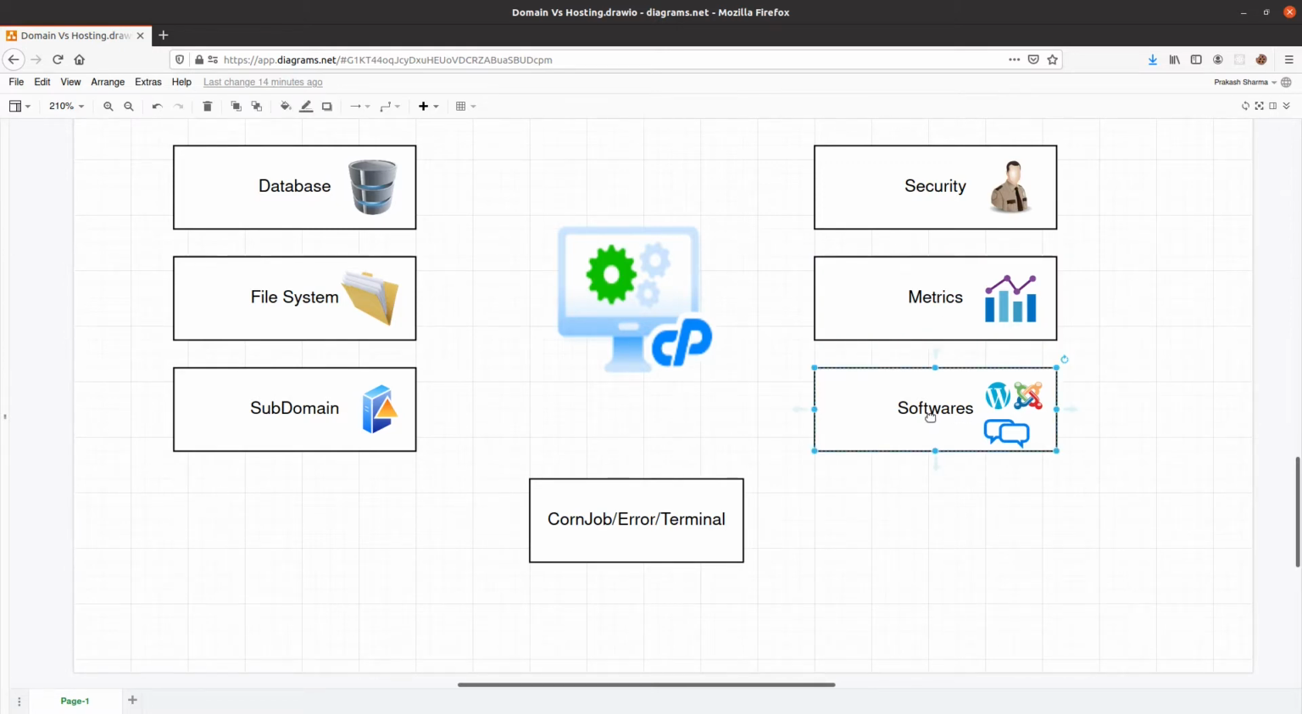And in the software section, you can manage different kinds of software that come along with cPanel, which you can install. For example, WordPress, Joomla, and there are literally hundreds of software packages available. You can install chat applications, you can install forum-based applications,